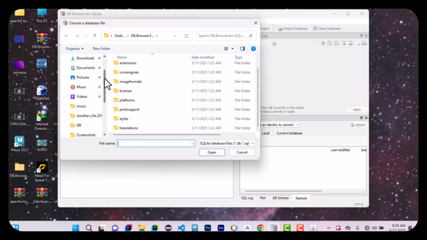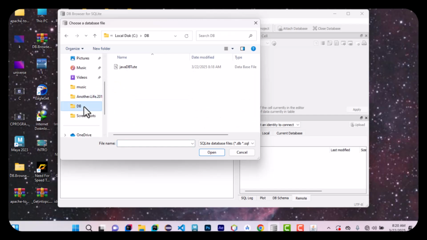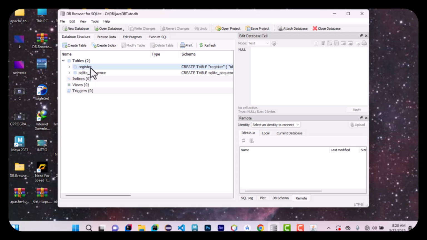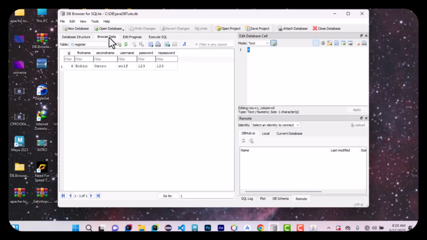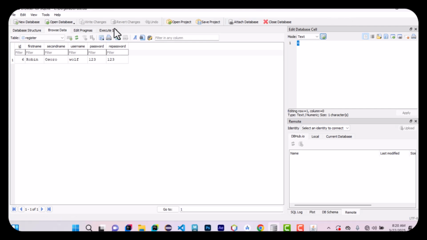So it's here, it's called Java NetBeans. Let me click this and open it and see what I've registered. Where is this? So it is this register. This is the table, and I'm going to open browse data. So like that, as you can see here, let me just expand this. The ID is auto increment,